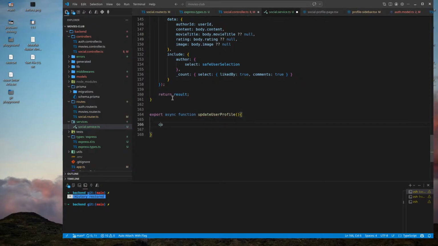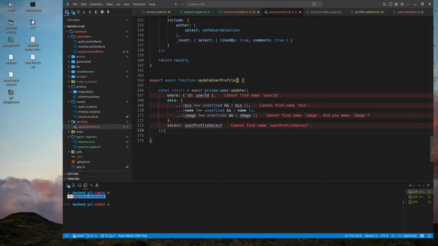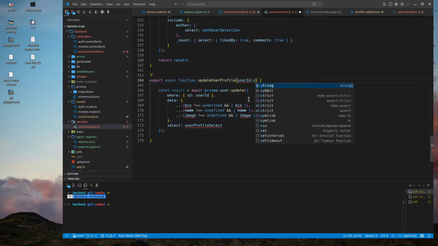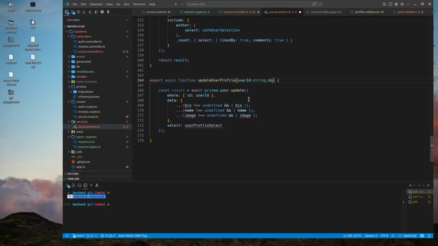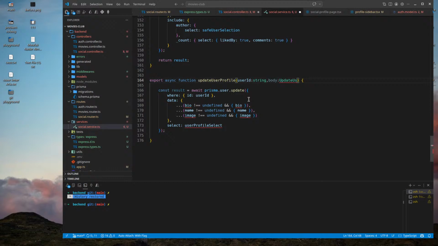For consistency, const result equal to await Prisma user update. User ID string, body: update profile body.